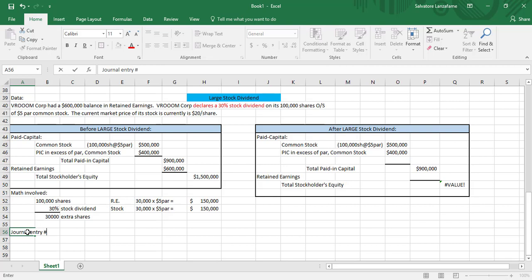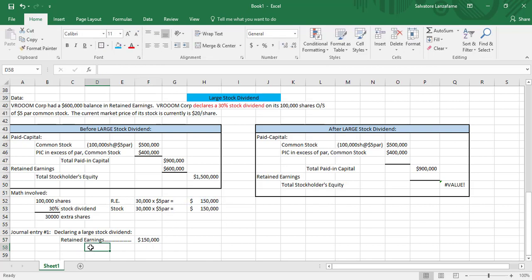In journal entry number 1, what are we doing? We're declaring the dividend. And I'll make sure it's clear this time, declaring a large stock dividend. And the journal entry is you are going to debit retained earnings, and you're debiting it for $150,000,